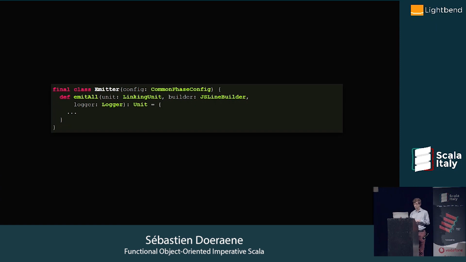And again, like earlier, you would say this is not functional. It has a builder as a parameter and is going to write out to the builder. Well, again, in the context of my application, only this method writes to that file.